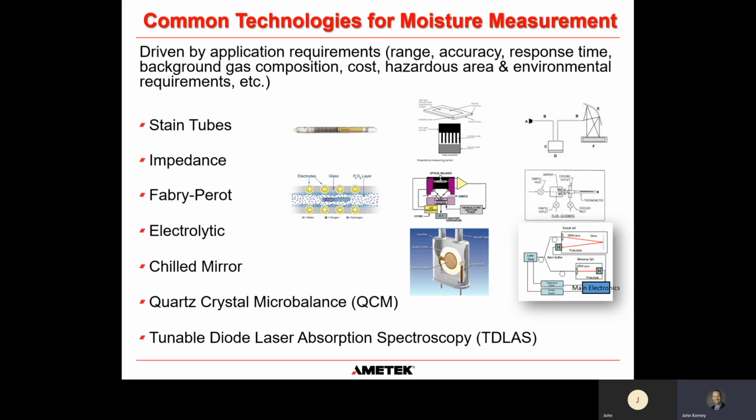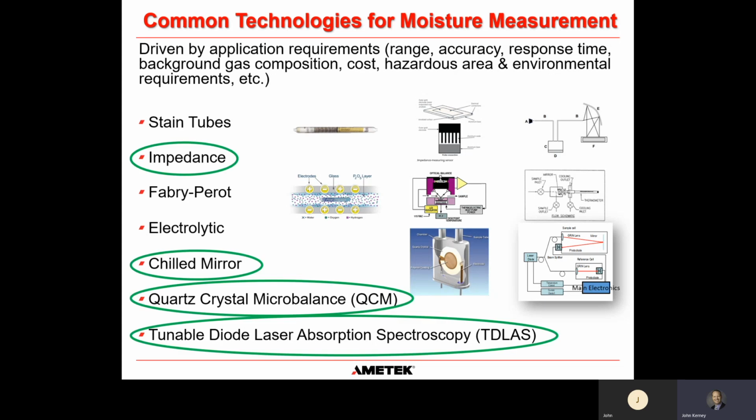So there, I listed down here 7 common moisture technologies: stain tubes, impedance sensors, Fabry-Perot light technology, electrolytic, chill mirror, quartz crystal microbalance, and finally the newest entrant, I guess, into the space of moisture measurement, tunable diode laser absorption spectroscopy, or TDLAS. Just in the interest of time, because we only have a little less than an hour to talk, I'm just going to touch on 4 of the technologies today, talk a little bit about how they work,